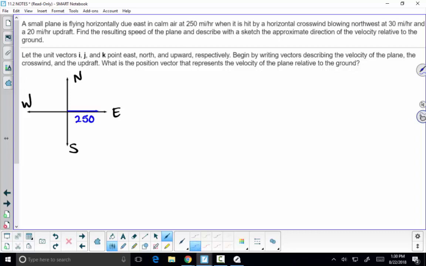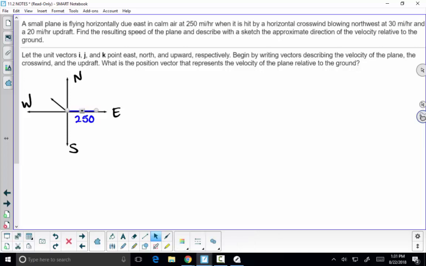And then hit by a horizontal crosswind blowing northwest at 30 miles per hour. So it's blowing to the northwest. When they say northwest, they mean right in the middle of north and west, so bisecting quadrant 2, the way I've drawn it here. So we're going to draw this vector up here that's bisecting this quadrant right there, and that is a 20-mile-an-hour